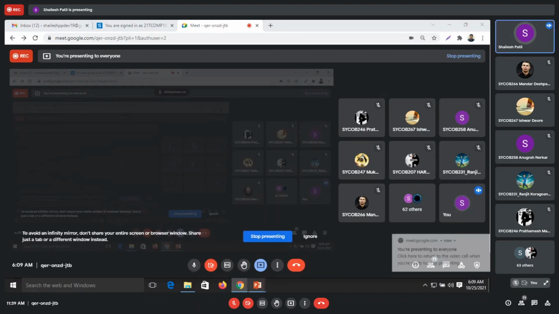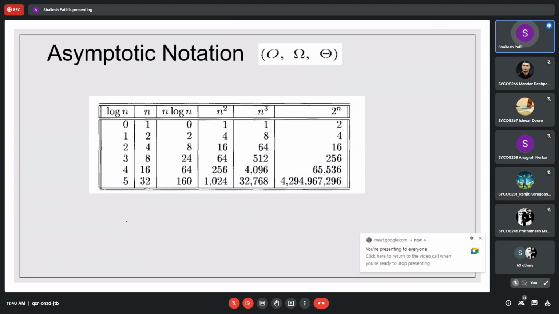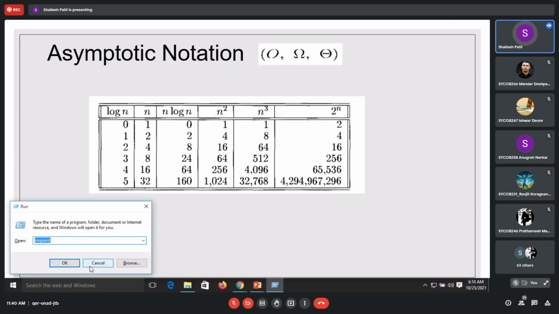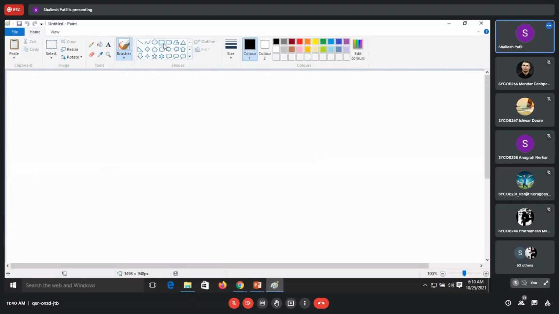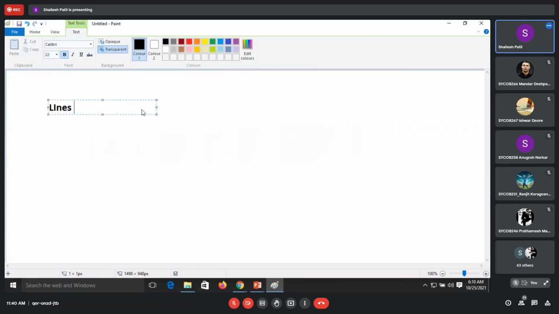Sorry for the interference. So what we are discussing is number of lines of code and number of steps. We can write one program. How many of you think both are the same? Are they different or are they the same? Just give it a thought. Those who think it is different.